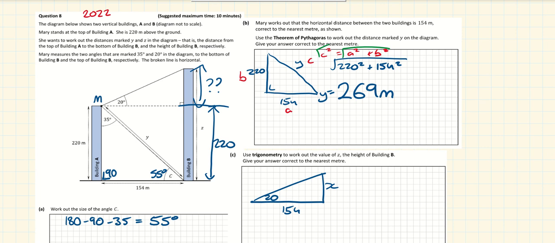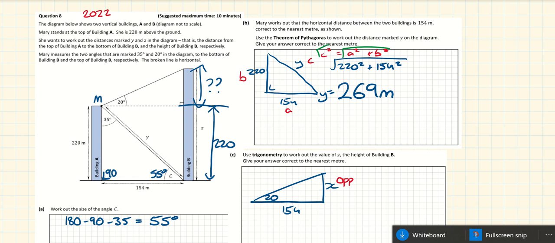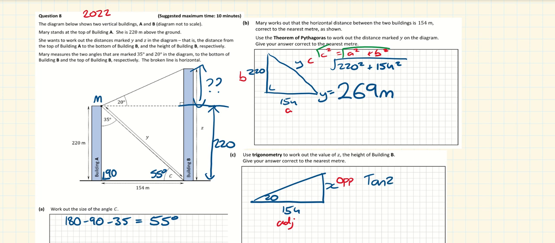Okay, so what we have to do is we need to label our sides. So we've got our opposite, we've got our adjacent. And so we're going to be using tan. So tan 20 equals